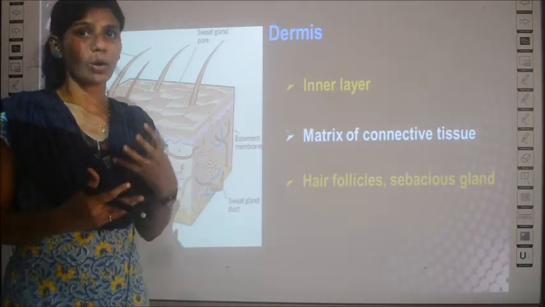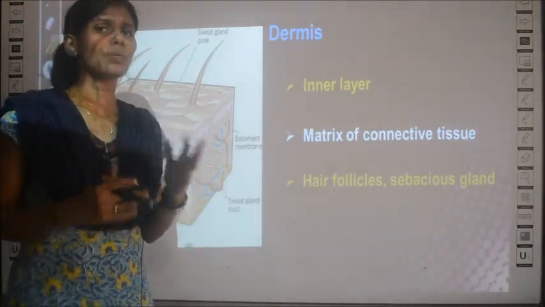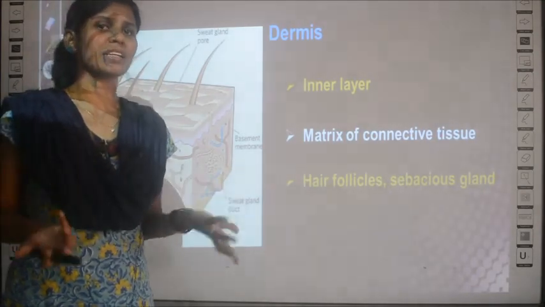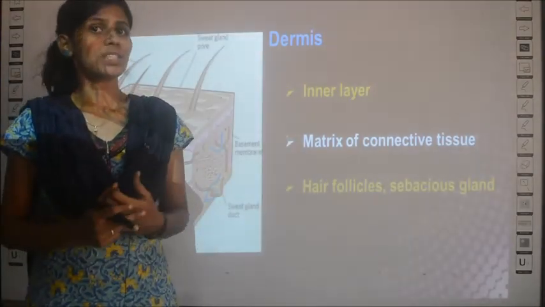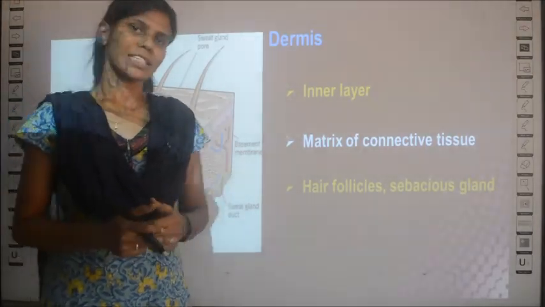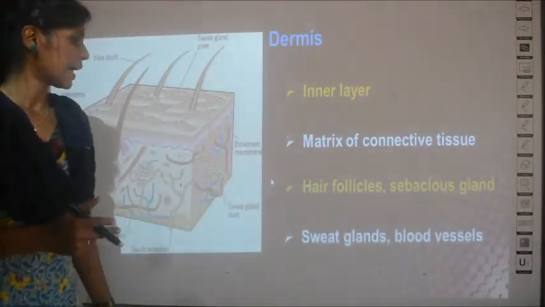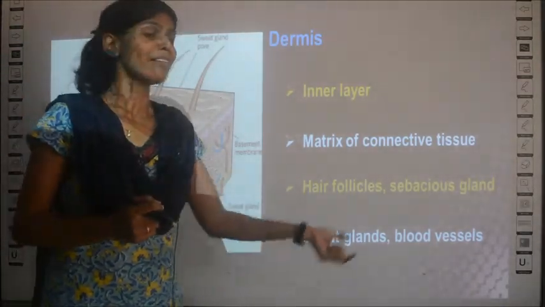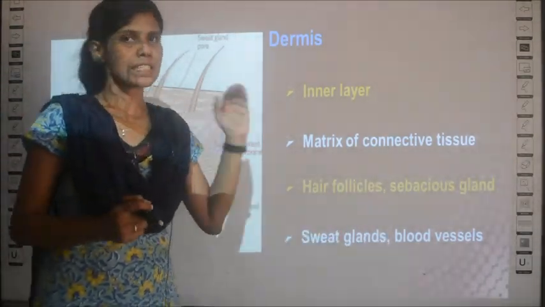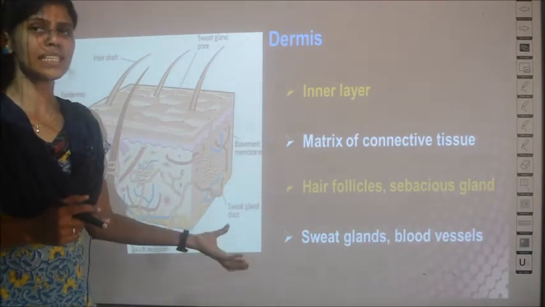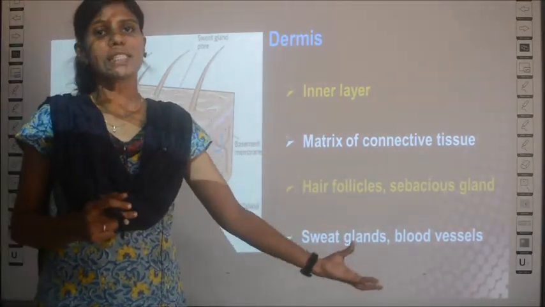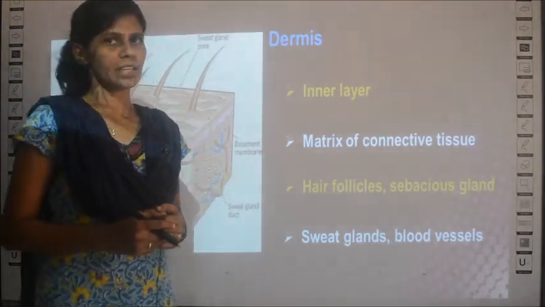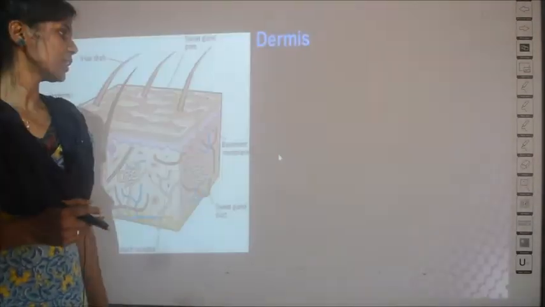That's why your face is oily. If you don't wash your face, after some time you can see some oil secretion. From where does it come? It is from this sebaceous gland only. And then, as I explained while drawing the picture, we also have sweat glands and blood vessels in this dermis layer. Sweat glands secrete sweat, and blood vessels provide blood supply to the skin. Okay. So this is about the dermis.